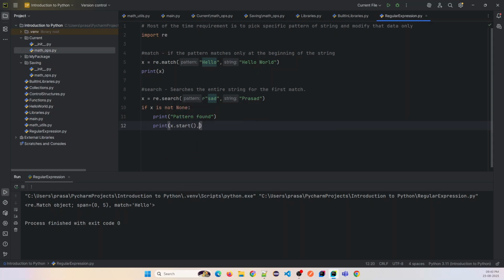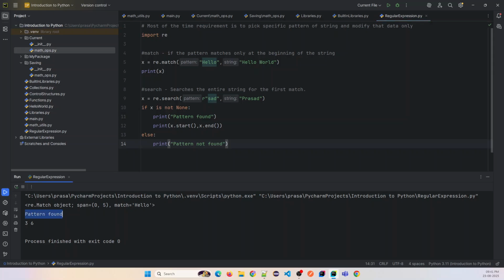What is the start index of that pattern and what is the end index of that pattern. And in the else part I'm going to print pattern not found. Okay, so now let's run this program and you can see I get the output pattern found and